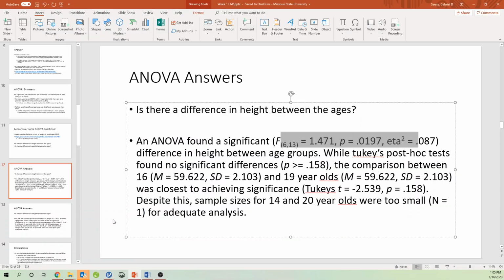So when I reported those post hoc tests, it looked something like this. While Tukey's post hoc tests found no significant differences, p is greater than or equal to .158, the comparison between 16 and 19-year-olds was closest to achieving significance. Despite this, sample sizes for 14 and 20-year-olds were too small for adequate analysis, and sample size equals 1 for those two. I've also reported the full Tukey's test here, given means for those 16 and 19-year-olds,